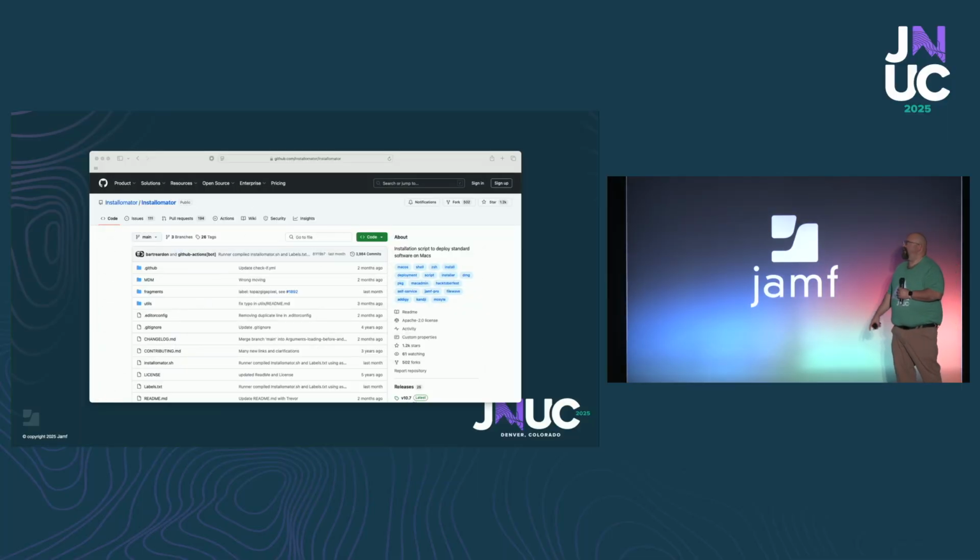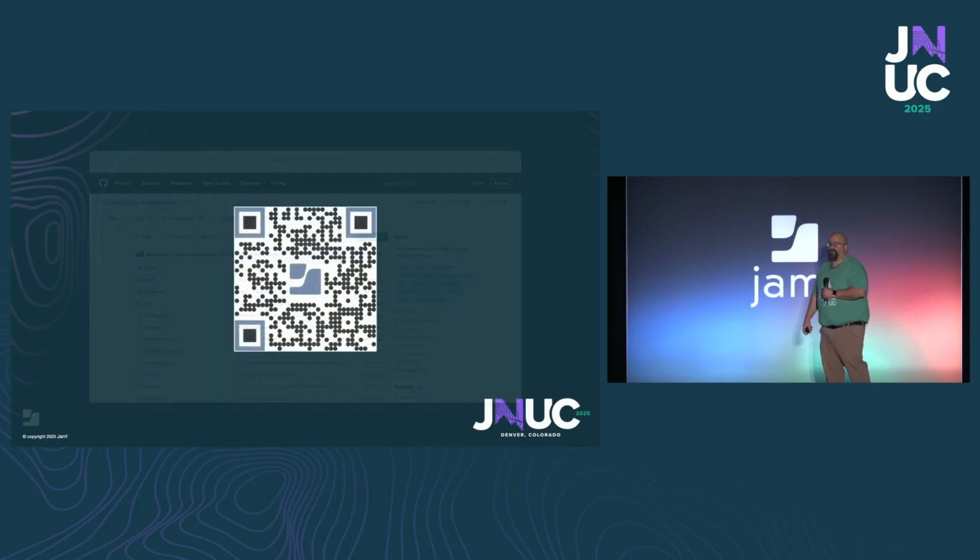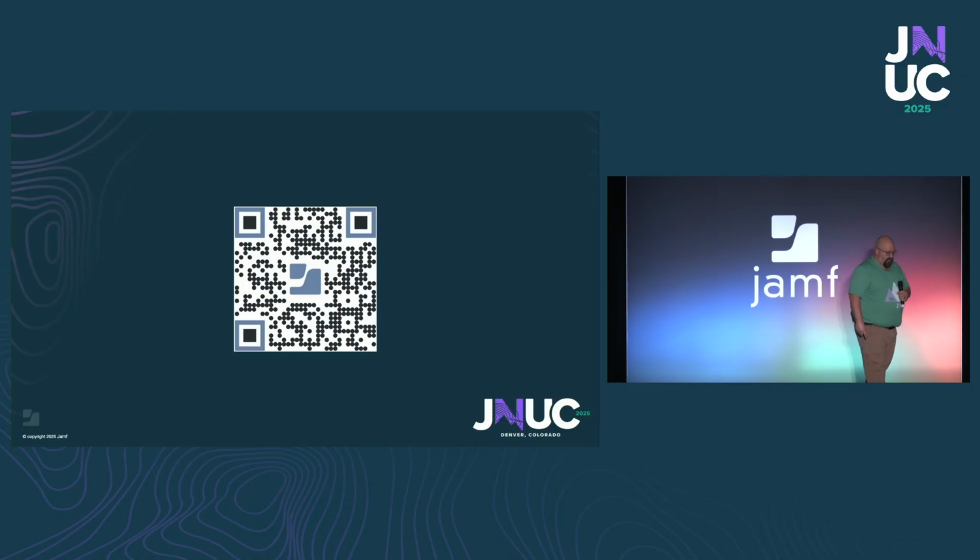Well, this is where, as Larry mentioned, Installomator comes in. Now, I'm going to skip ahead to this slide, which is actually the link for Installomator. But I will tell you right now, because as Larry mentioned, we had to have our slides in September, there was an update to Installomator. So while the picture that I showed you before was Installomator 10.7, this will actually take you to Installomator 10.8. What's important about Installomator? Installomator is a list of, like Larry said,